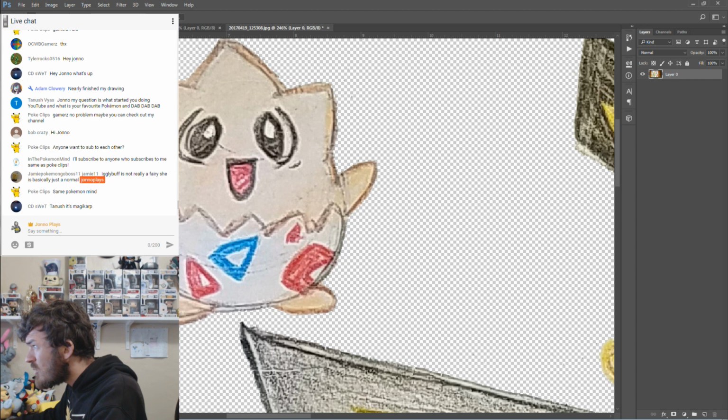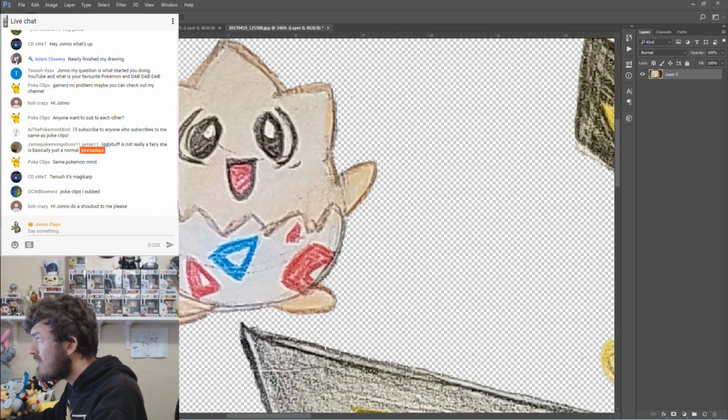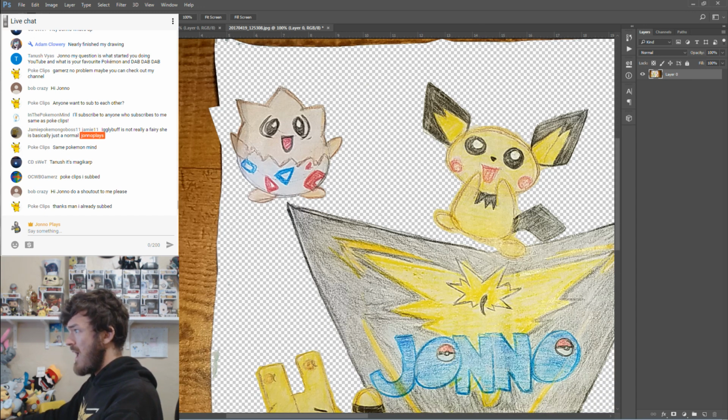So let's go ahead and do a little extraction on Togepi too. Just a little bit of work on Togepi. All right, Togepi didn't take too much work either. Now,